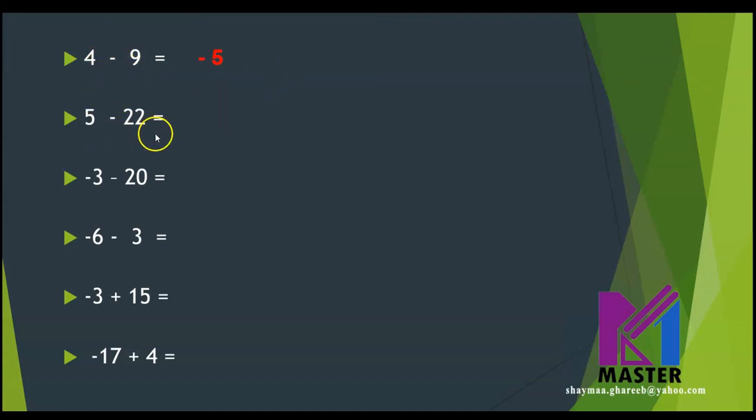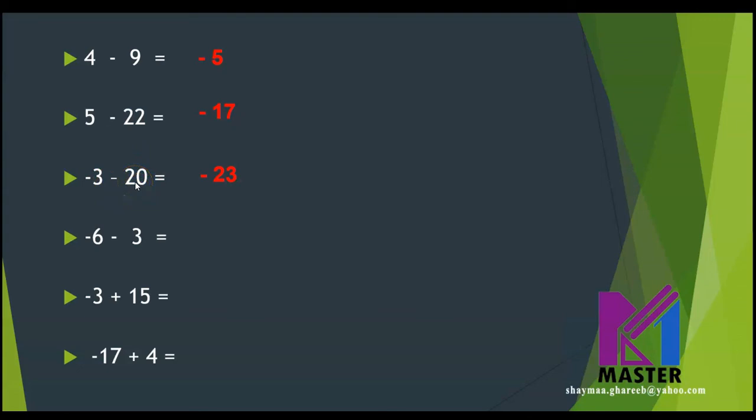5 minus 22, the biggest number is negative, then the answer will be negative. Am I going to add or to subtract? I'm going to subtract. So it will be negative 17. 22 minus 5 equals 17. Here, both numbers have the same sign. Both of them are negative. Then I will add the two numbers. 20 plus 3, 23, and it will be negative 23 because the biggest number, which is the 20, has a